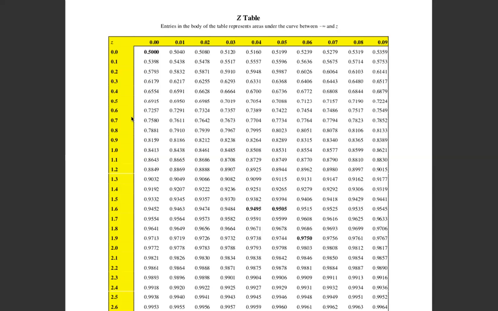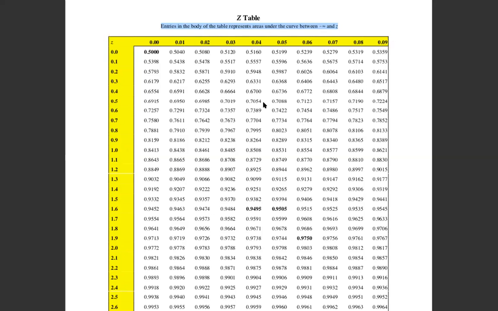So let's interpret what this statement means here. Entries in the body of the table represent areas under the curve between negative infinity and Z. All this means is that here you don't see any negative values, all of these numbers in yellow are positive. So this table doesn't give us negative Z-score information, but it's okay, we don't need it. We can extrapolate, make inferences for negative Z-scores using the positive values. So you only have positive Z-scores